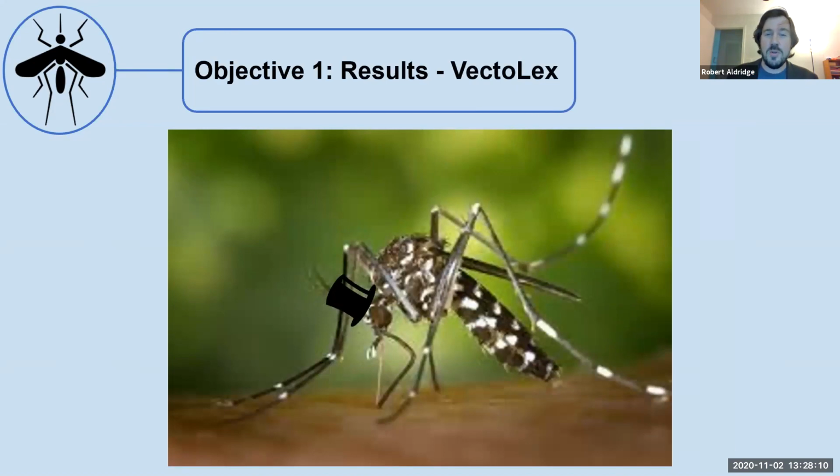I do also have Vectolex, or I'm working on it, but I don't have a full graph of that. I don't have the full data for that. It's actually Vectolex is Bacillus sphaericus, and so it's much more effective with Culex quinquefasciatus than it is Aedes aegypti. So the amount needed for it to actually be active on Aedes aegypti is much, much higher. So instead of actually having data for that, I will give you a mosquito with a hat.